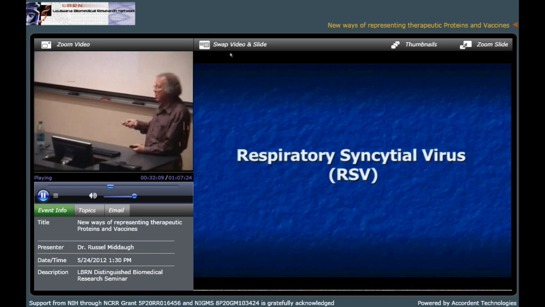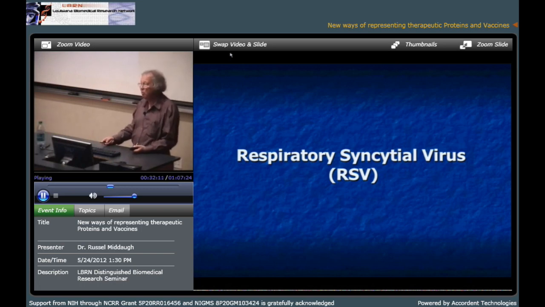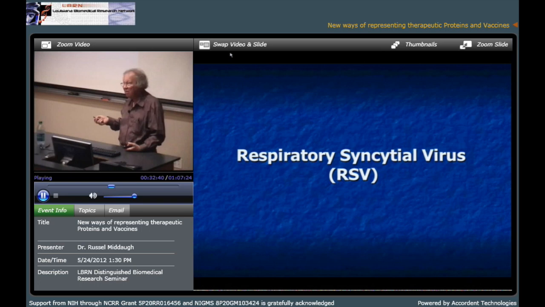Anyway, here's an example of something that isn't a vaccine yet. We've been working on this for years. Respiratory syncytial virus causes upper respiratory infections, most commonly in children. Many of the upper respiratory infections your kids get are from this virus. There is a therapeutic protein that's used to treat serious infections of this type, made by MedImmune. But obviously, that's not a desirable thing. By the way, it's $20,000 a dose, I think. It has to be given IV. And so having a vaccine to prevent this would be very helpful.